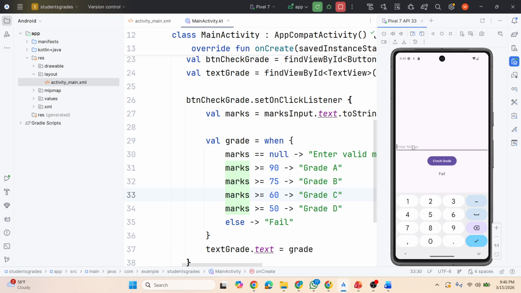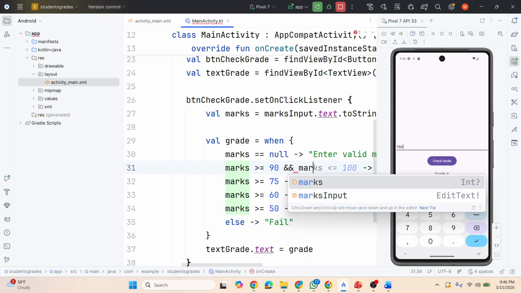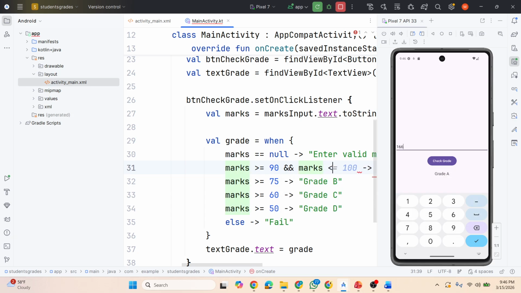If I enter 166, that is A. So we should also have an upper bound. So let's say, with the AND operator, marks less than or equal to 100,